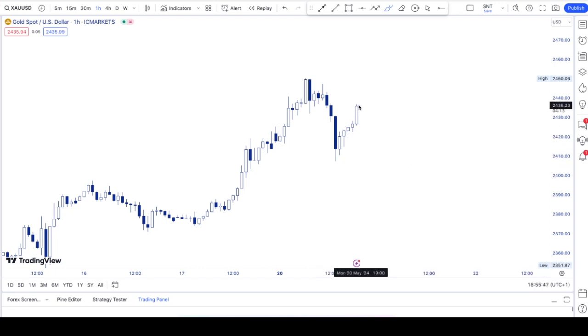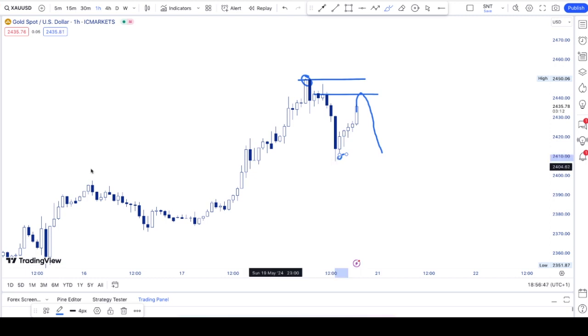Since we're coming to the end of the day, we're due to see volume start slowing down. But between today and tomorrow, I expect gold to come and retest these highs at around 2,450. Now, if gold continues up to retest those highs and finds some sort of difficulty being able to retest the highs, possibly finding problems in this area around $2,440, then we could see gold roll over to the downside and maybe retest these previous lows that were set today at around 2,410. And if we break below 2,410, then I expect gold to go down to at least 2,400.